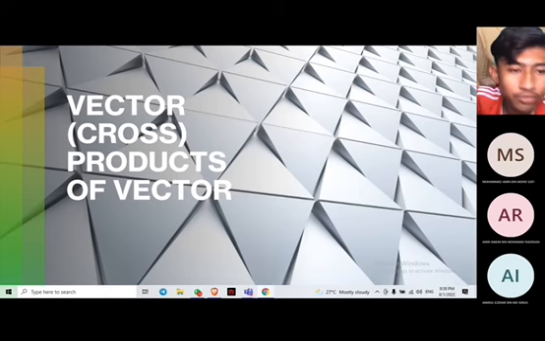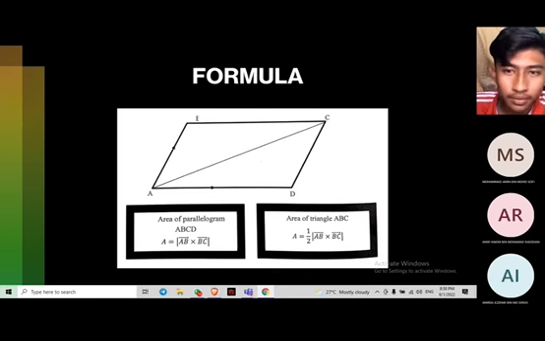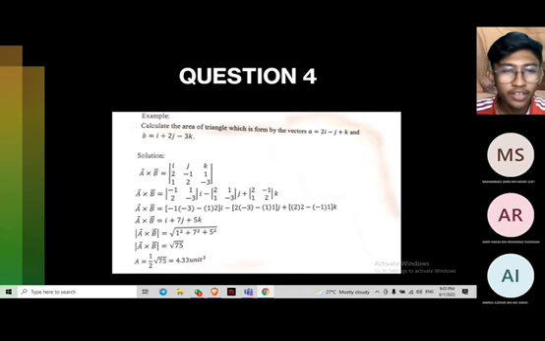Vector cross product of vector. Formula. Area of parallelogram ABCD sama dengan magnitude vector AB darab vector BC. Area of triangle ABC sama dengan 1/2 magnitude vector AB darab vector BC. Contohnya, calculate the area of triangle which is formed by the vector A sama dengan